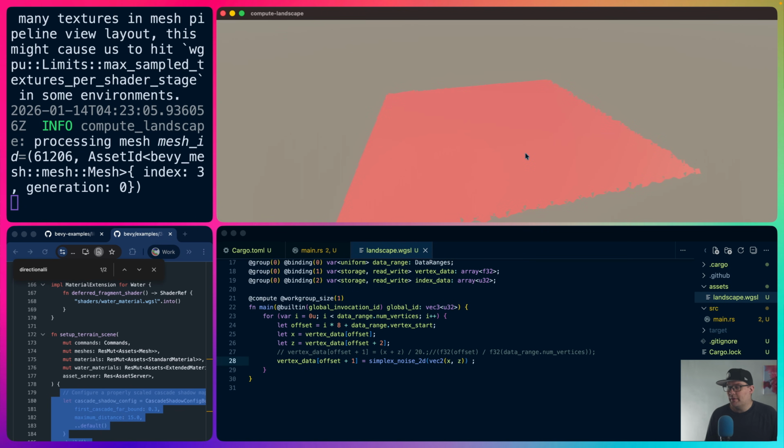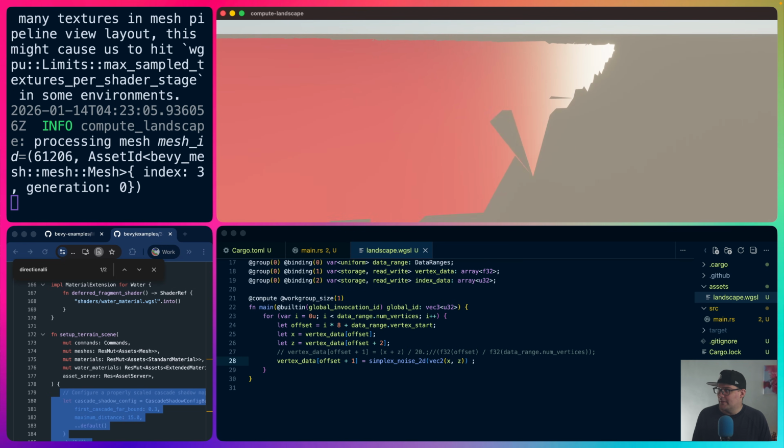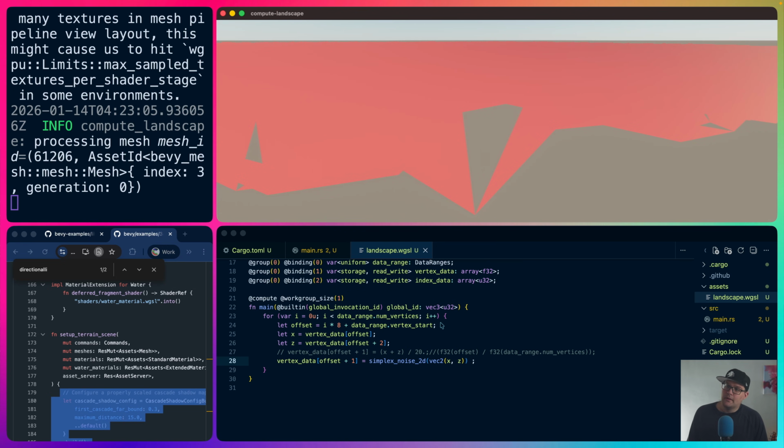So we end up with something that is kind of big, has a bunch of variation in it. I don't think we have much visibility into that because we aren't updating the normals. And thus it becomes a little bit harder to see. Oh, you know what this is? I know what this is. This is the fact that, no, this is fine actually, if I remember correctly, because we're doing it in a